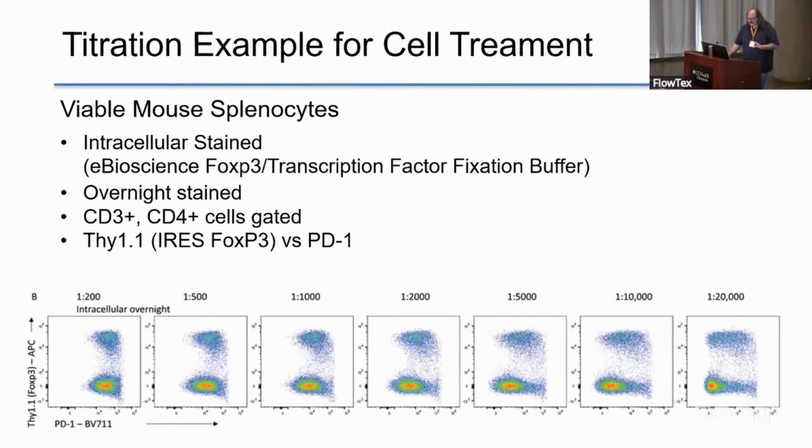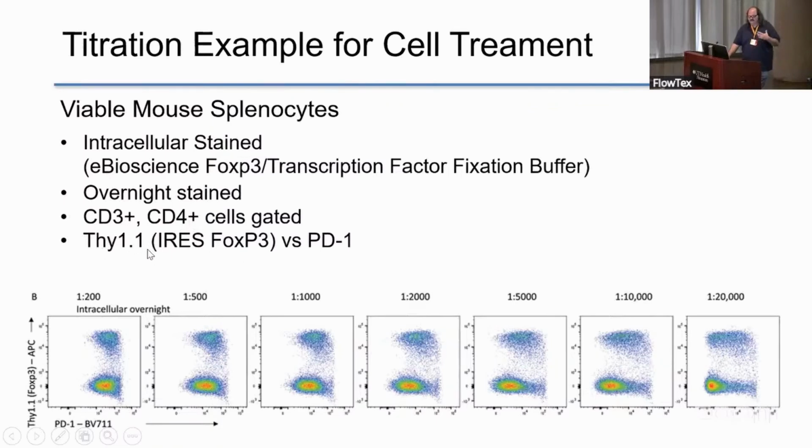So I also want to talk about a titration example that they did for this cell treatment. So here, essentially, they're just going through a straight titration. Okay, in this case, we're looking at they're using the treatment of intracellular staining, which is the FOXP3 transcription factor kit, and they've stained all of these overnight, and they've actually selected the CD3 positive, CD4 positive cells for gating, so you can see it, and they've also done